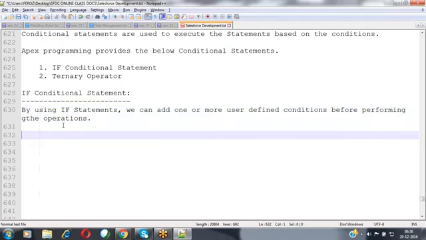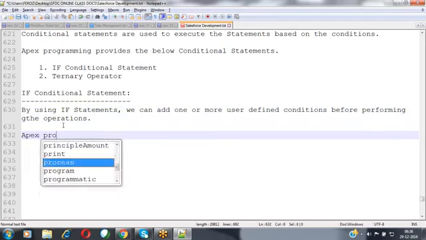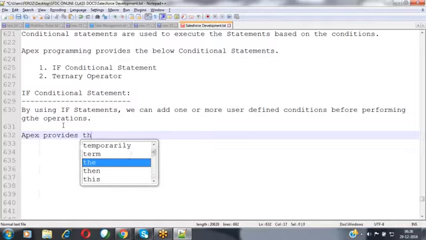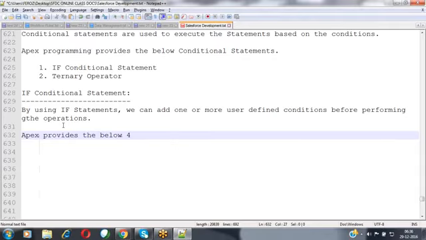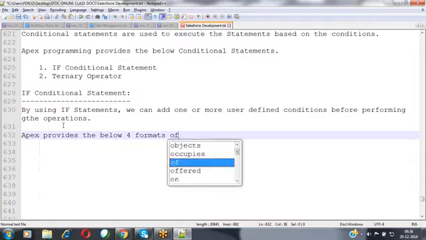Apex provides the below four formats of if condition.